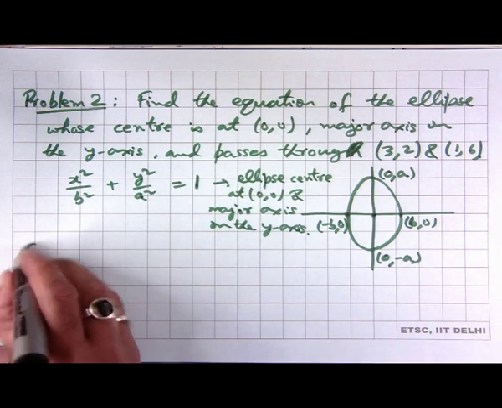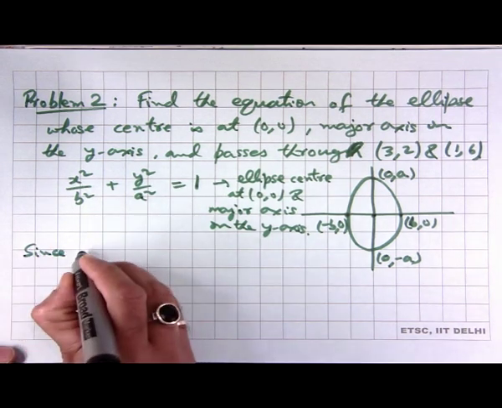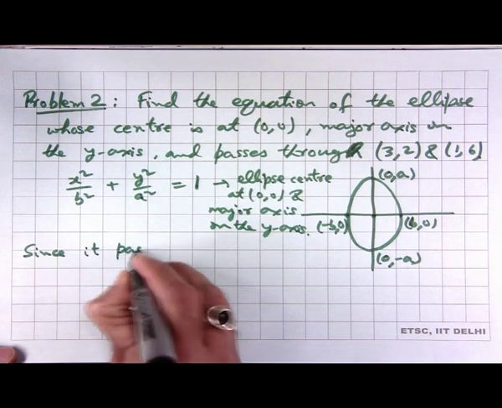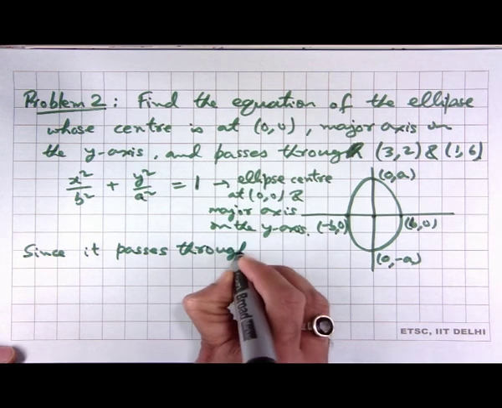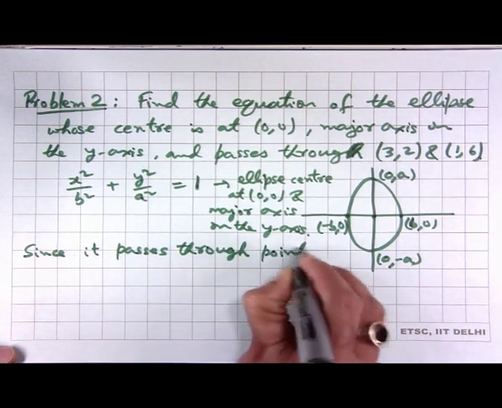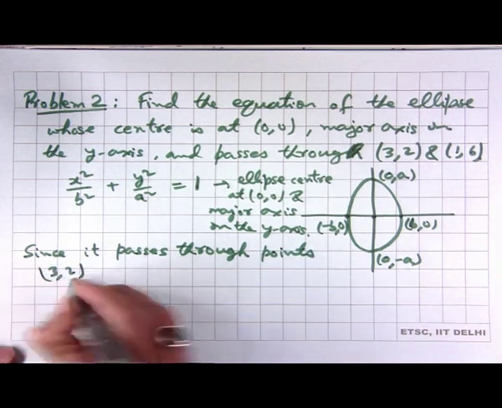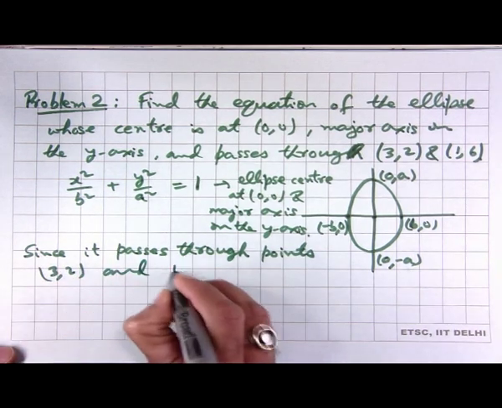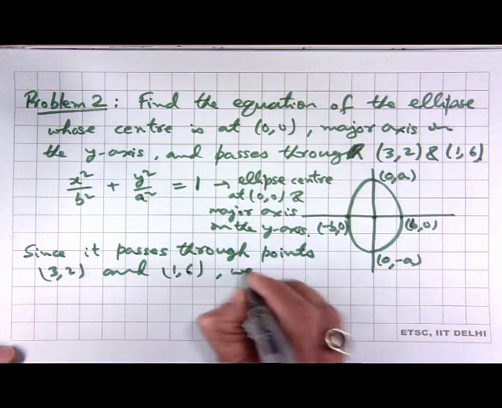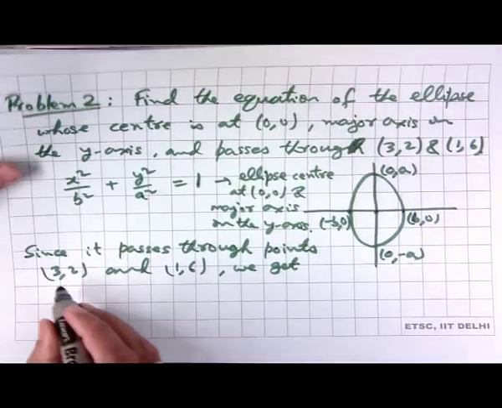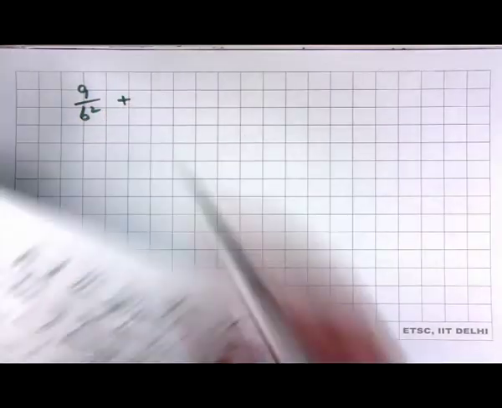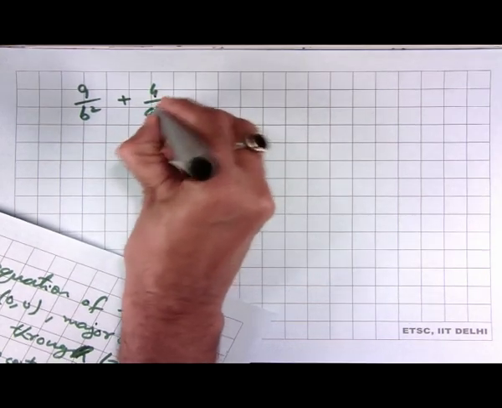So, since it passes through points (3, 2) and (1, 6), using (3, 2) we get 9/b² + 4/a² = 1,